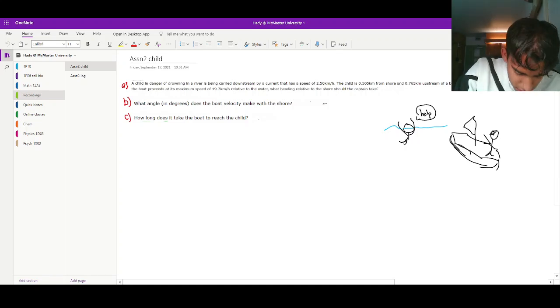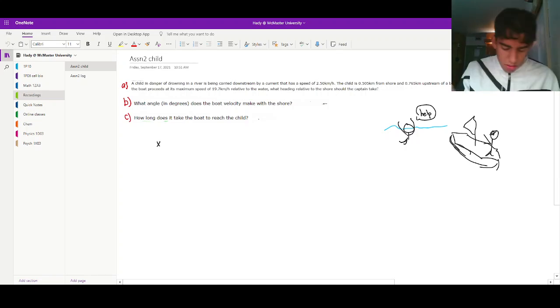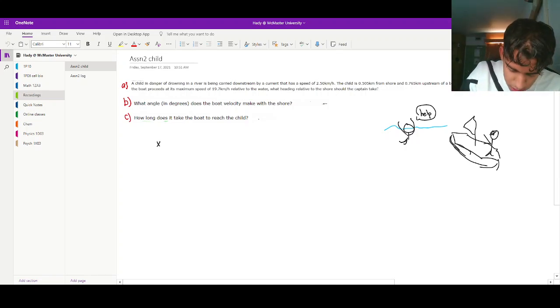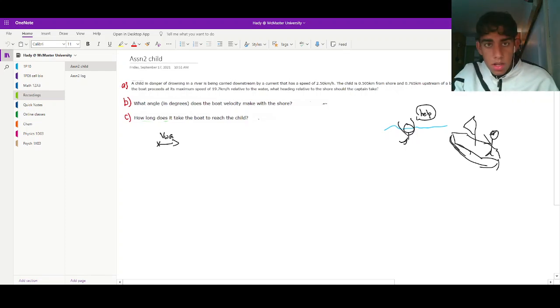Child is drowning. Let's assume the child is here. We'll draw it out. And it's being pushed by the current. That will say is the velocity of the water to the ground. So that's his speed, because he's just moving with the same speed as the current. And then the child is